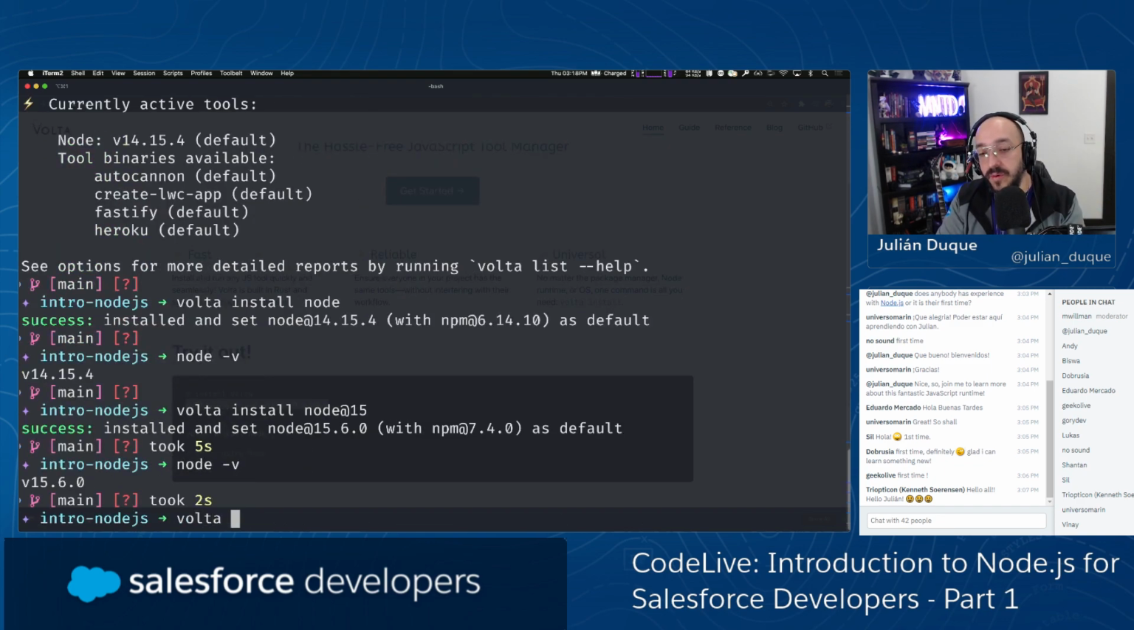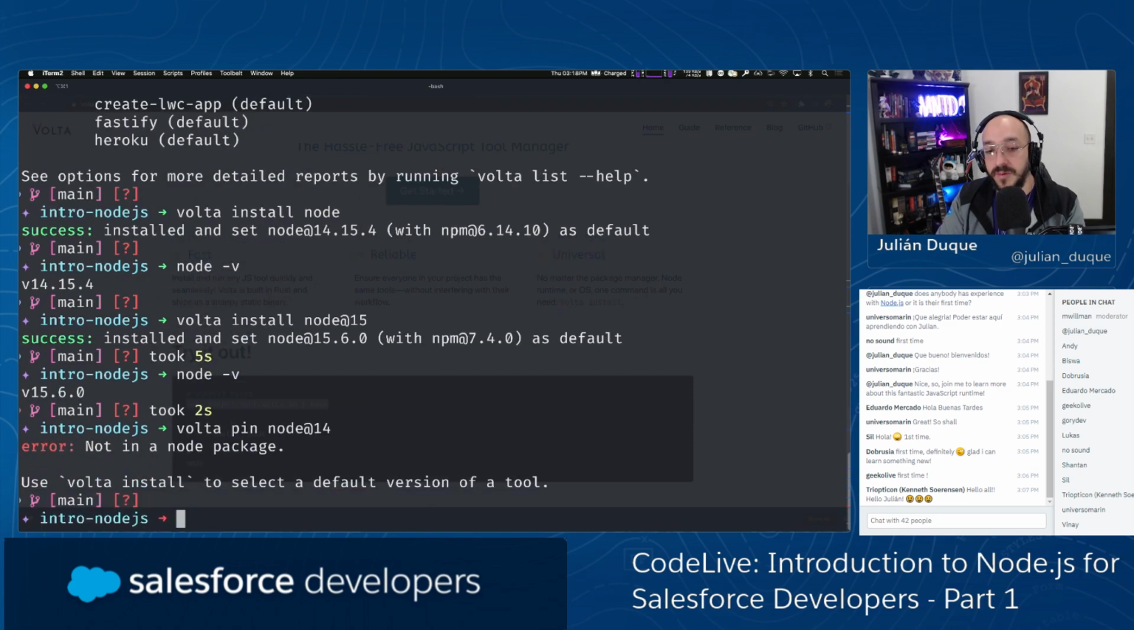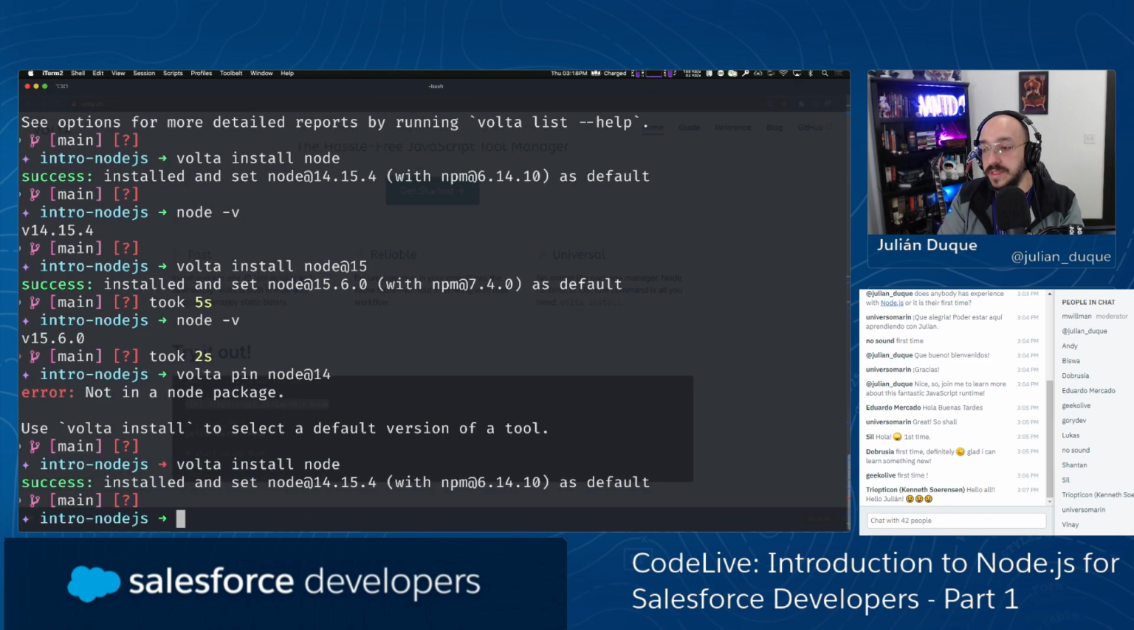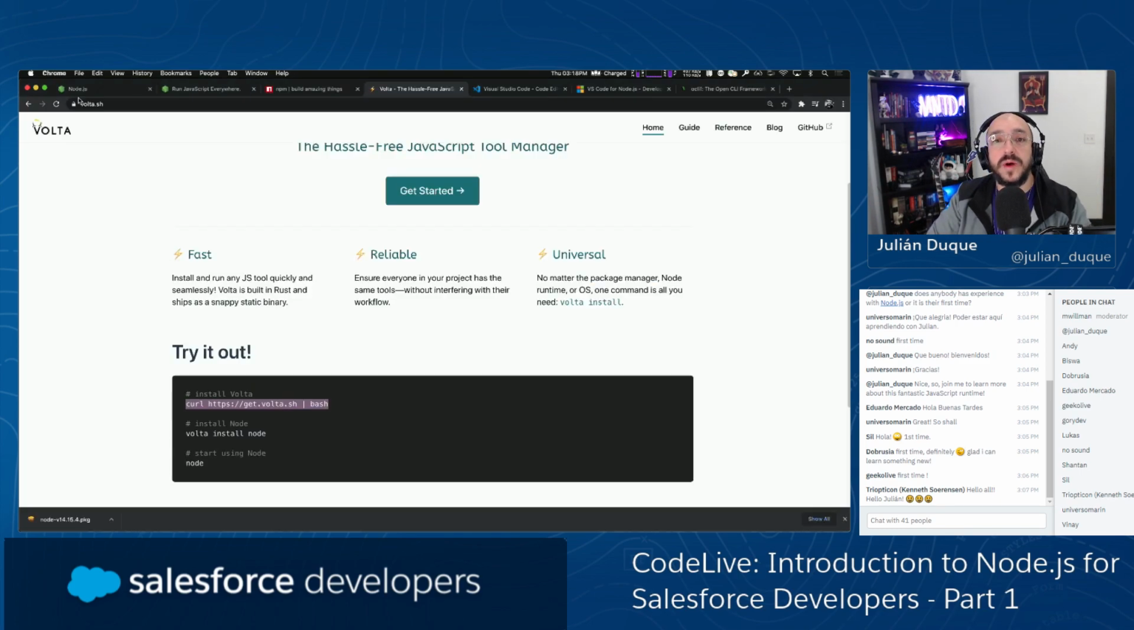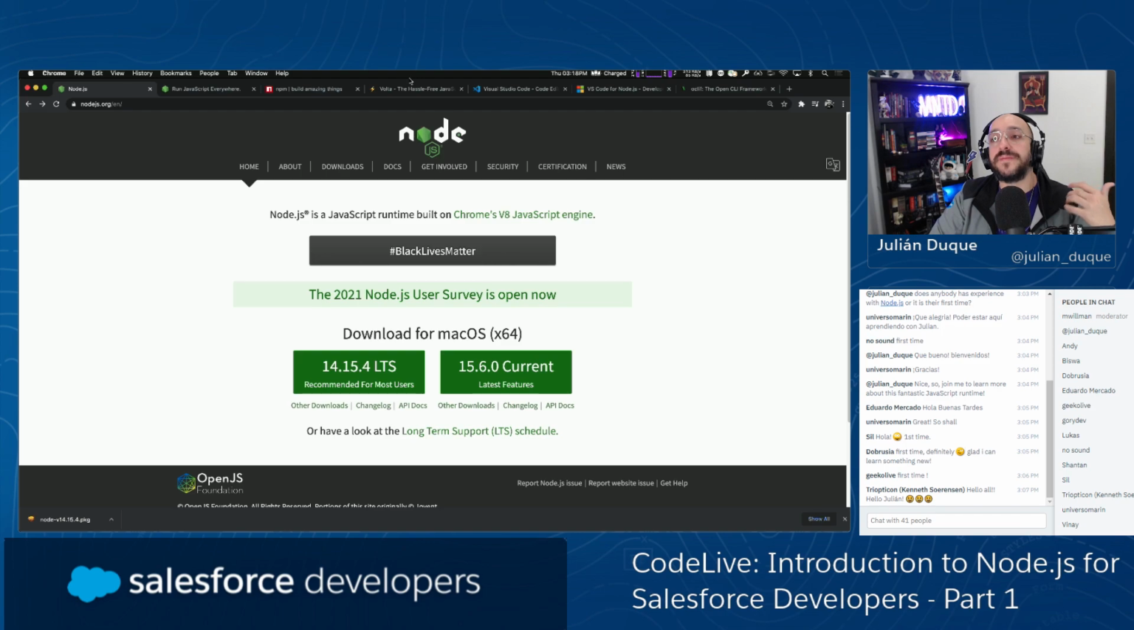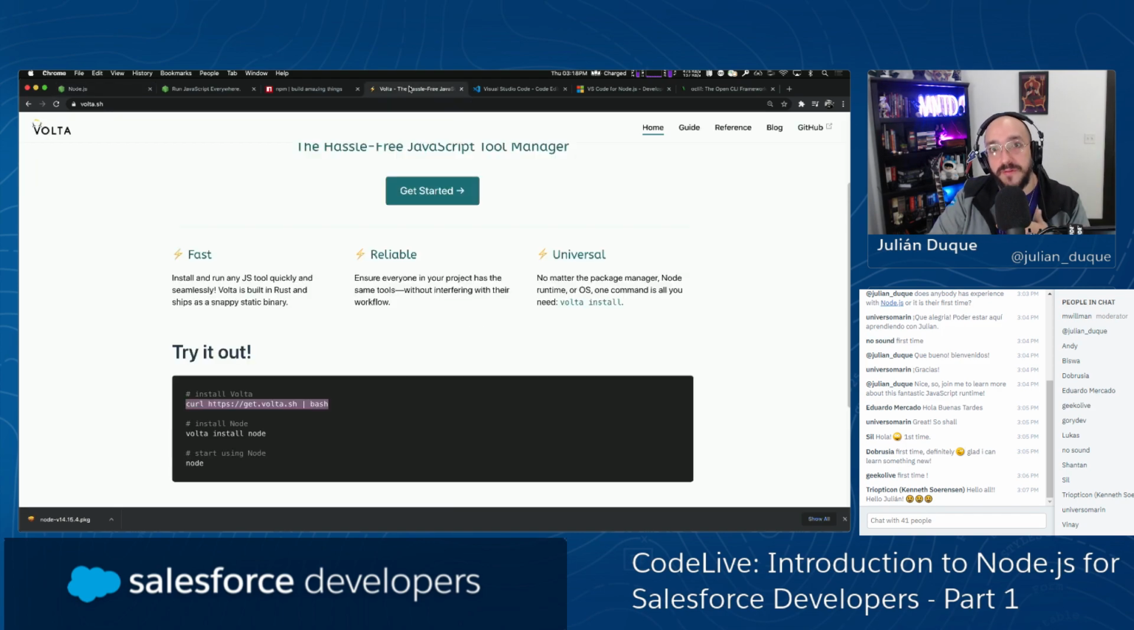So now I'm going to pin Node at 14 because that's the one. Oh, sorry. I'm going to install Node 14 because that's the one I need. And this is the one that is used by default. So we are good. So remember, you can install Node.js by going to the website,